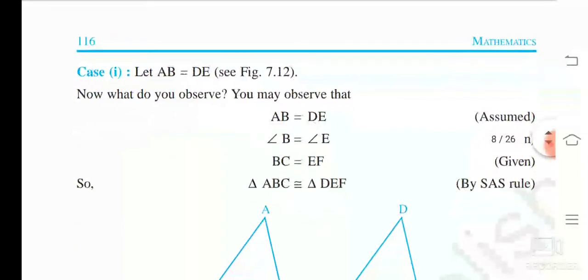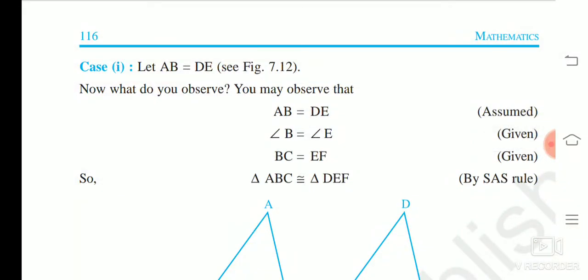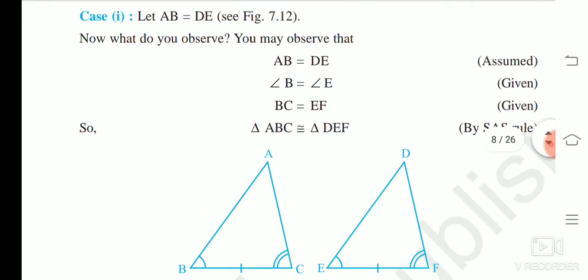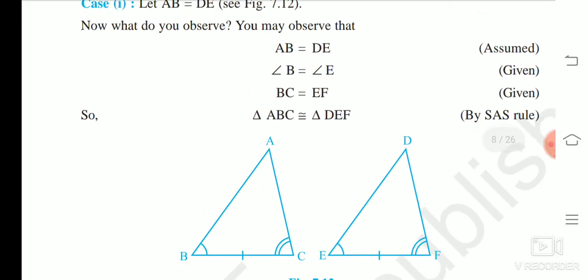We are going to prove this by three cases. First case, as it is. Consider the triangles ABC and DEF. Now the sides AB and DE, this is the assumption. We are going to consider three cases. Case 1, the sides AB and DE are equal. Otherwise they are not equal, so that one is greater than the other. These are the three cases. Not equal means one is greater than, or one is less than, the other.